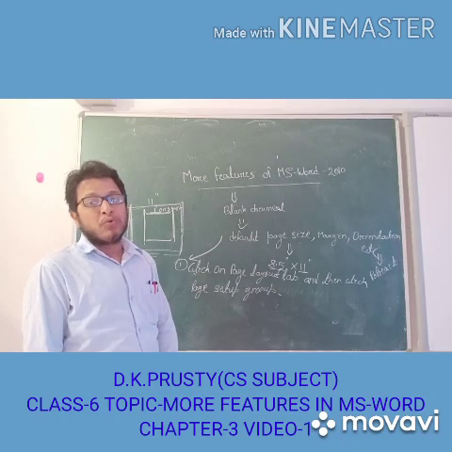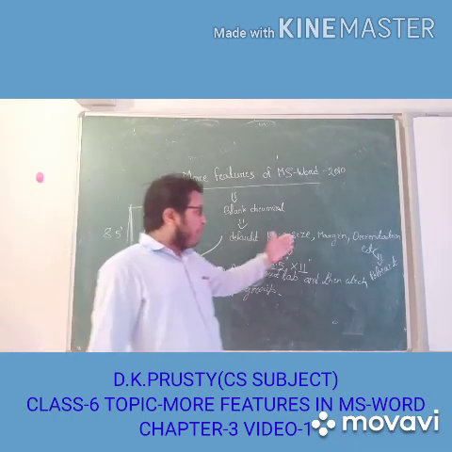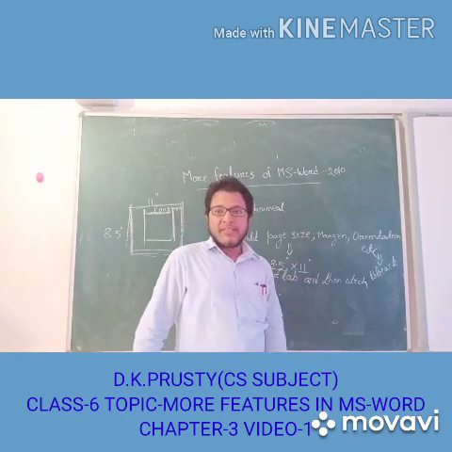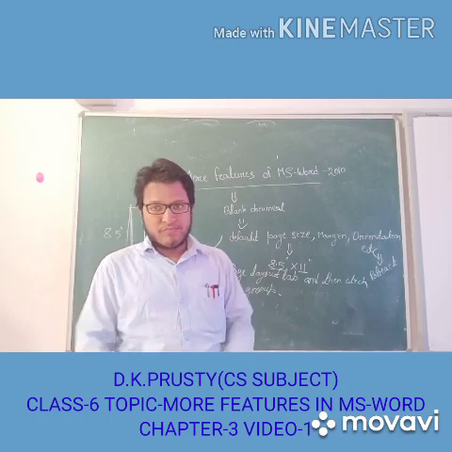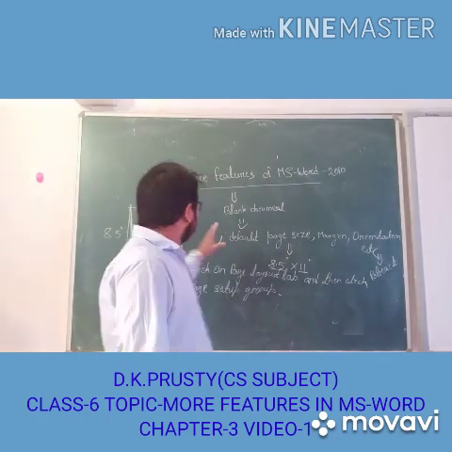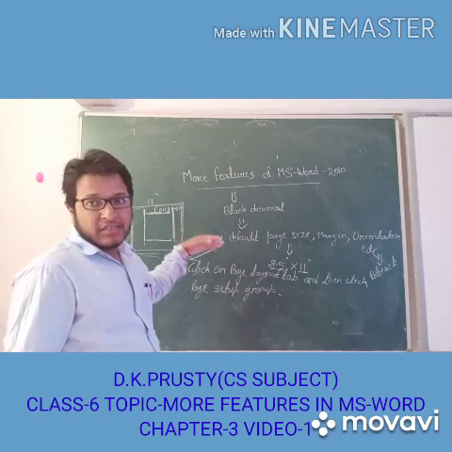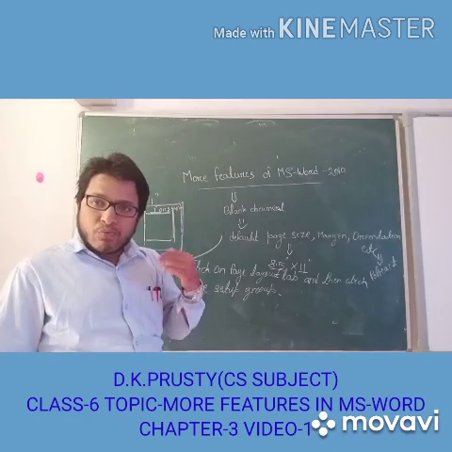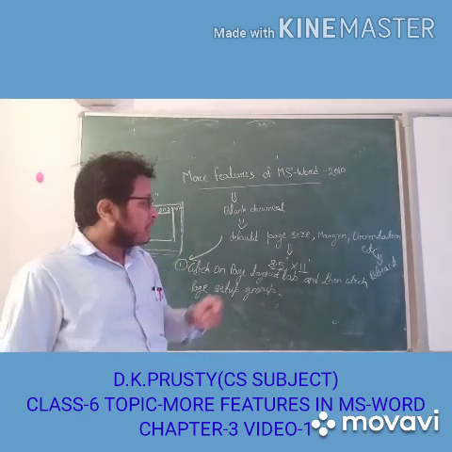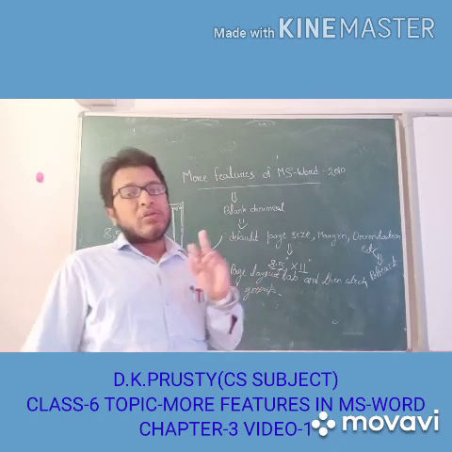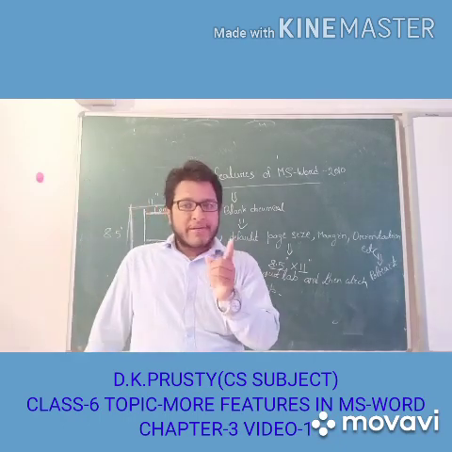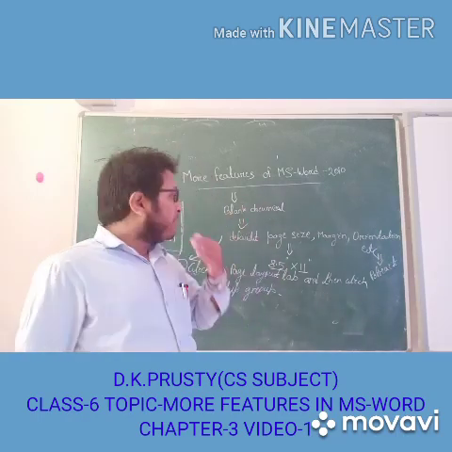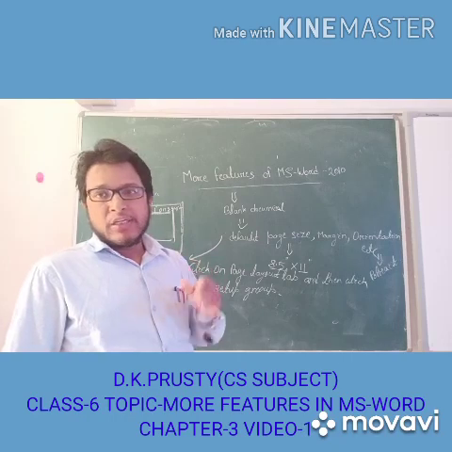From the Page Setup group, what do we need? We need margin, orientation, page size. That means your margin may be narrow. Okay, students. So the margin default is this one. If you want to change to narrow or wider, you can do whatever you want. Orientation: there are two types of orientation. One is portrait, another one is landscape. And page size also has different types of page sizes. What you need, you do that.